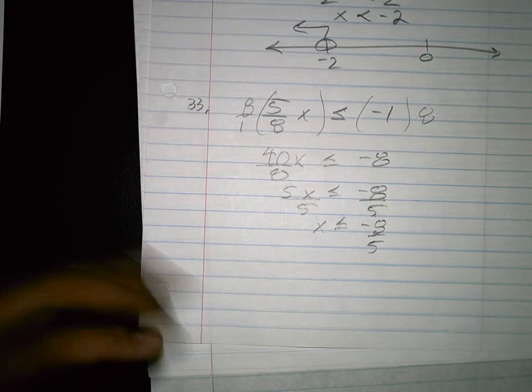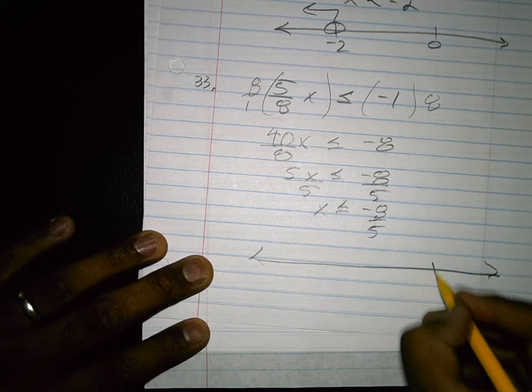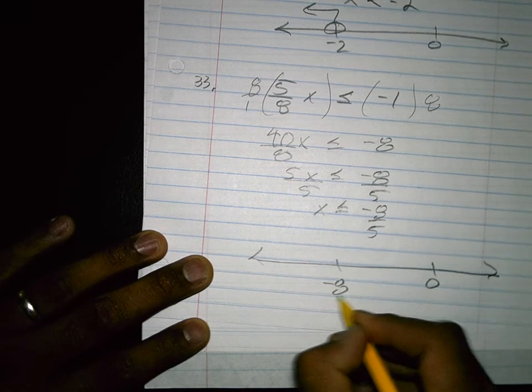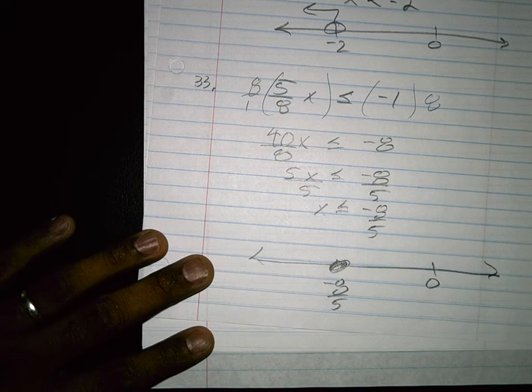And same thing when you graph this. I know the fraction can kind of throw people off, but just get it on the right side of 0. Or the correct side of 0, if that makes more sense. So closed circle, and it goes to the